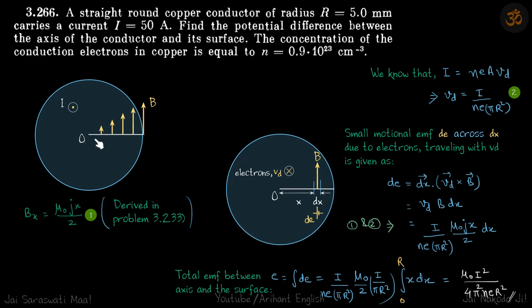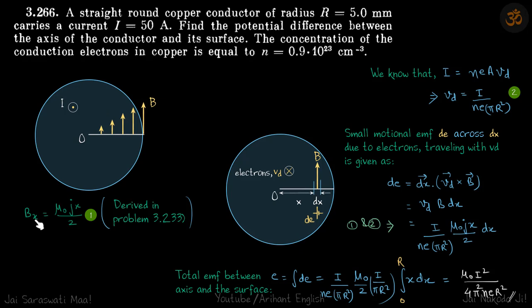So why should that potential difference exist? It should exist because flowing of the current means the charges are moving. And we know that inside the conductor there is magnetic field. And now charges are moving perpendicular to this magnetic field. So that will induce an EMF across this line, let's say. You can consider any line, the EMF induced should be same. So let us consider this one line, and then we will find out what is the EMF induced because of the electrons that are traveling inside this conductor.